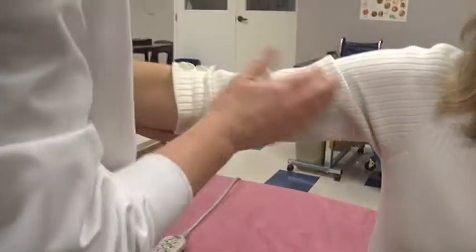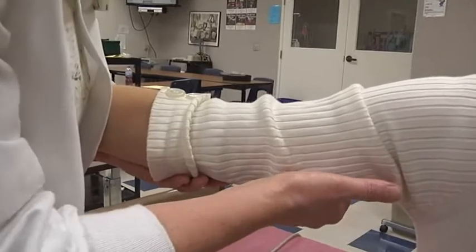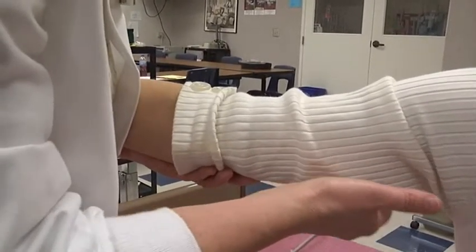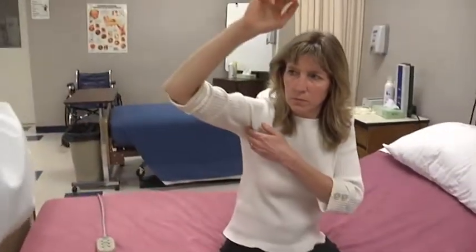And then the last part I'm going to go here is on the humerus. They call this the lateral area, and this is really on your upper arm bone. Beautiful. So you would do that to both arms. So if you want to try that, Lori, if you want to go on your central,